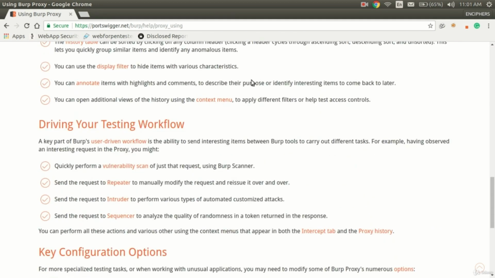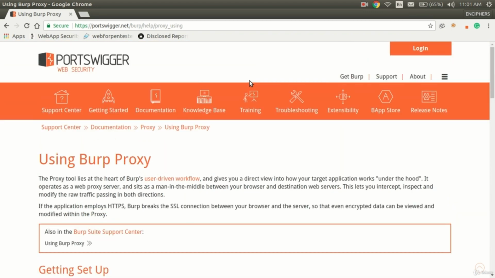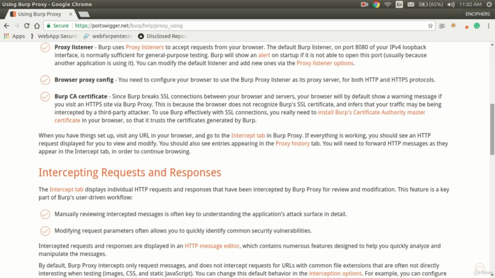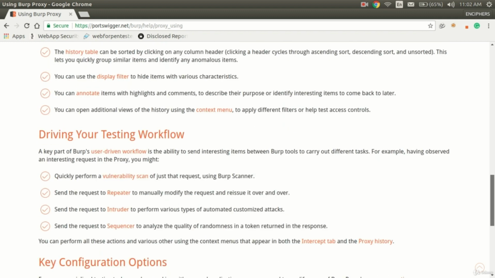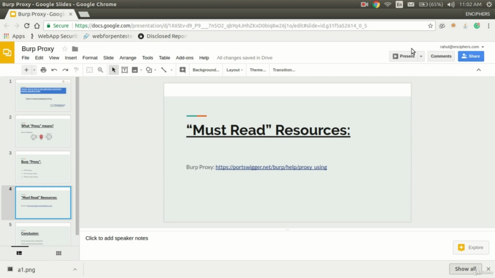You can read about the different things about Burp proxy and different settings from here. I have told you the most important things which you will do in Burp proxy, and I don't think you will require the other things. If you are a beginner or even at an intermediate level, you won't require the different settings. Those are high level or advanced settings. Just read this resource before going on.